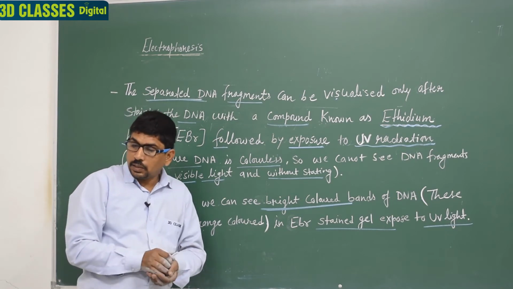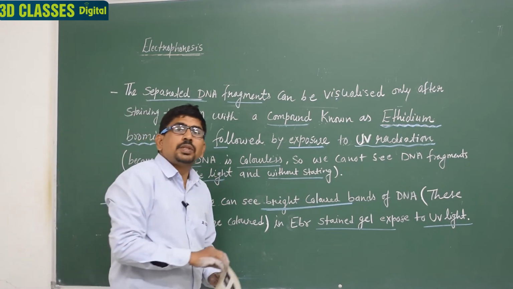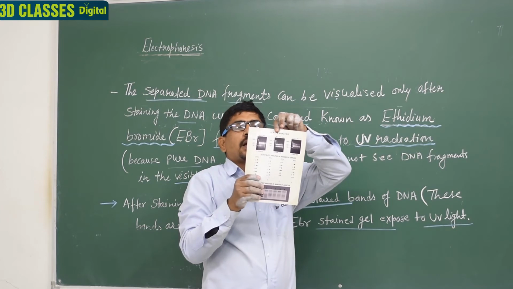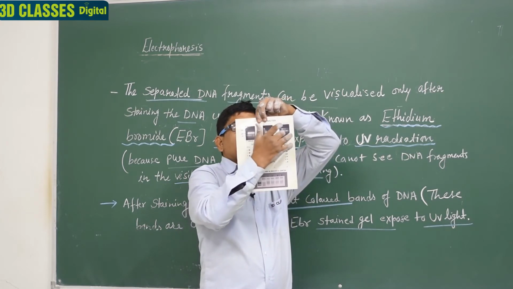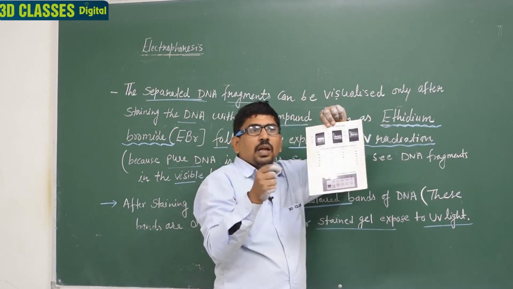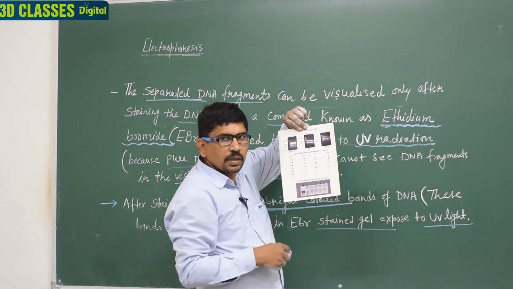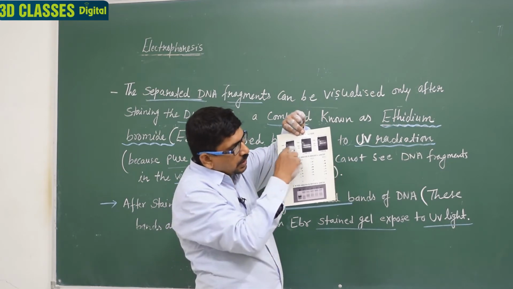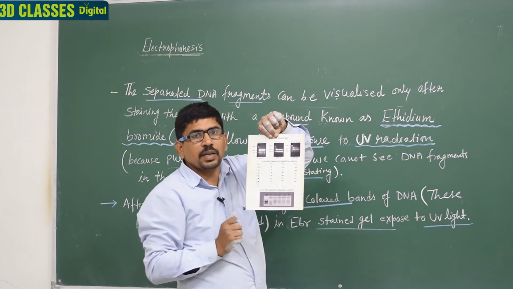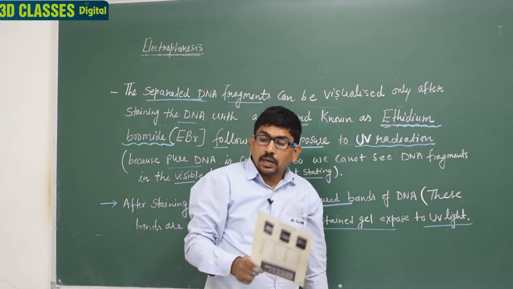Clear? And these bands are like these. On the upper side, we can see a black portion that represents the gel, and these shining bands are present. Clear? These shining bands represent the DNA. It means the DNA accumulates here. So, I explained that